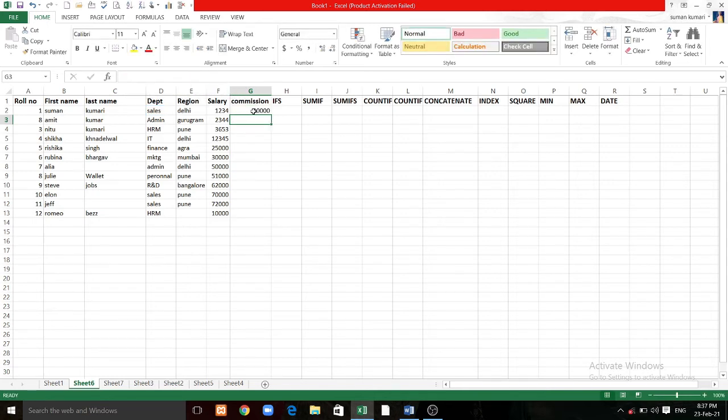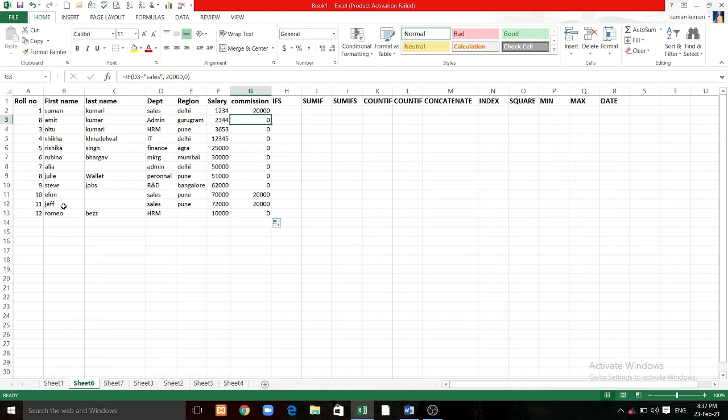So now the output is 20,000 because Suman Kumari is working in the sales department, and to follow the same rule just drag and drop. So here we can see that Amit Kumar is not working in the sales department, so the management has to give 0 rupees as commission, and same for all these employees, because they are not working in the sales department.